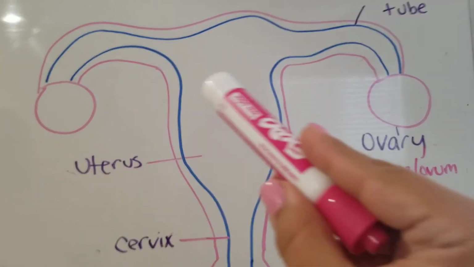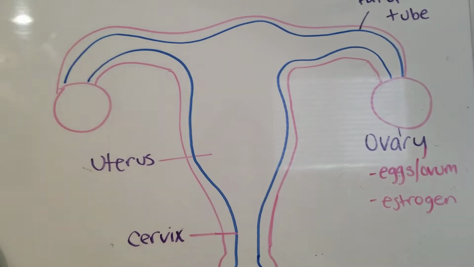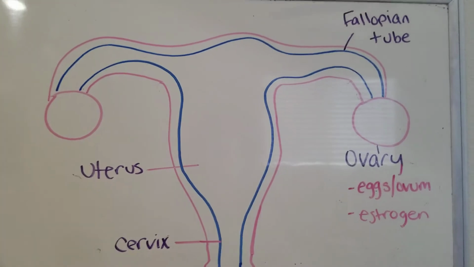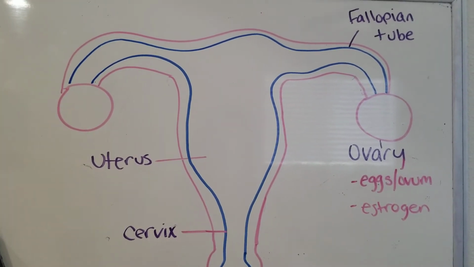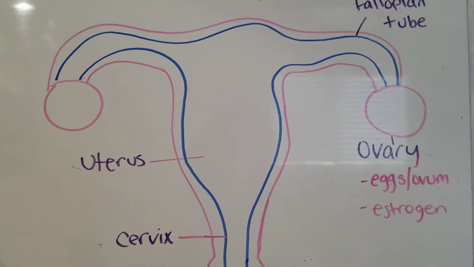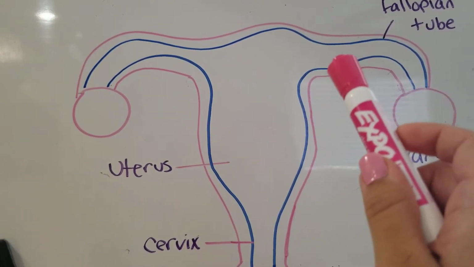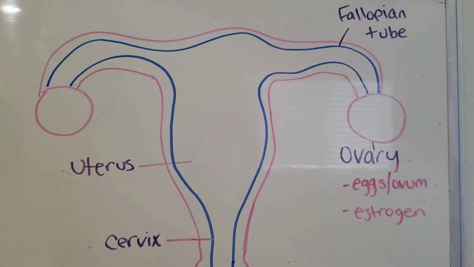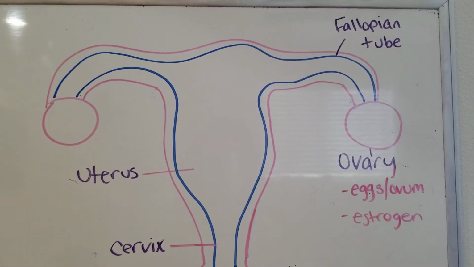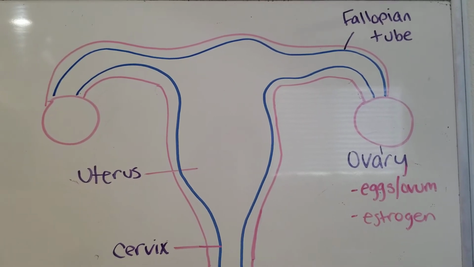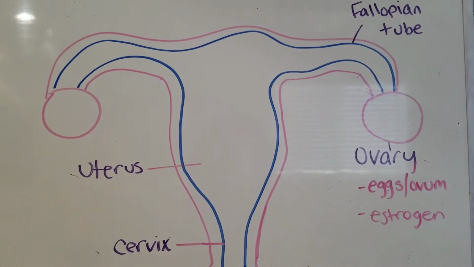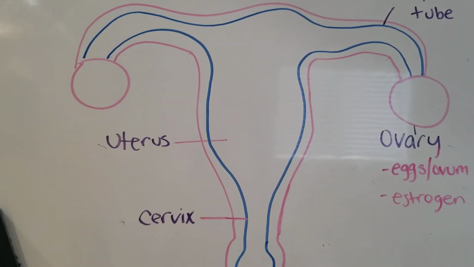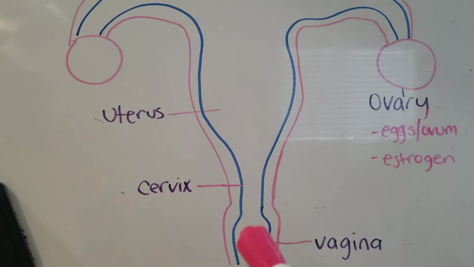So then the uterus over here is preparing to receive and nourish a fertilized egg. What happens is the uterine walls begin to thicken and fill with blood, and then the fertilized egg, or the zygote, will come down and embed itself in the uterine wall, and that will be the start of gestation. Gestation is just the 9 months that a fetus is carried in the womb. Once the 9 months is over, the baby will travel out of the cervix and down through the